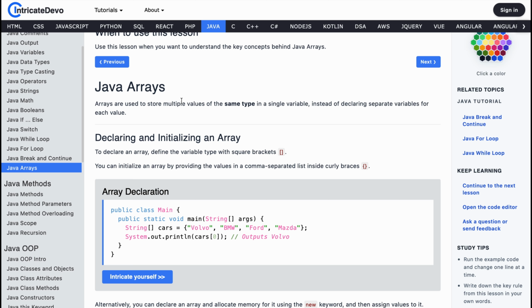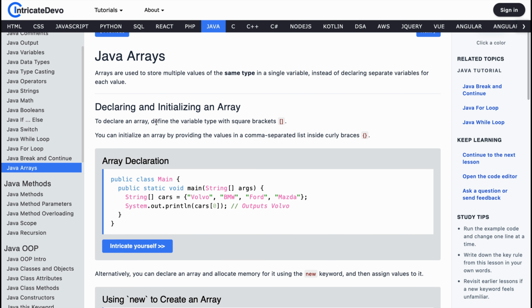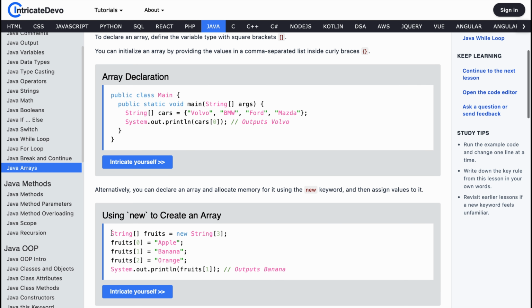There are two distinct ways to build your array in Java. First, the quick way. If you already know exactly what you're storing, just wrap your items in curly braces like this: String[] cars = {"Volvo", "BMW", "Ford"}. But what if you don't know the values yet? That's where the new keyword comes in. You tell Java, hey, give me a cabinet with exactly 3 empty slots using new String[3]. You officially reserve the memory. Now you just have to fill it up later.